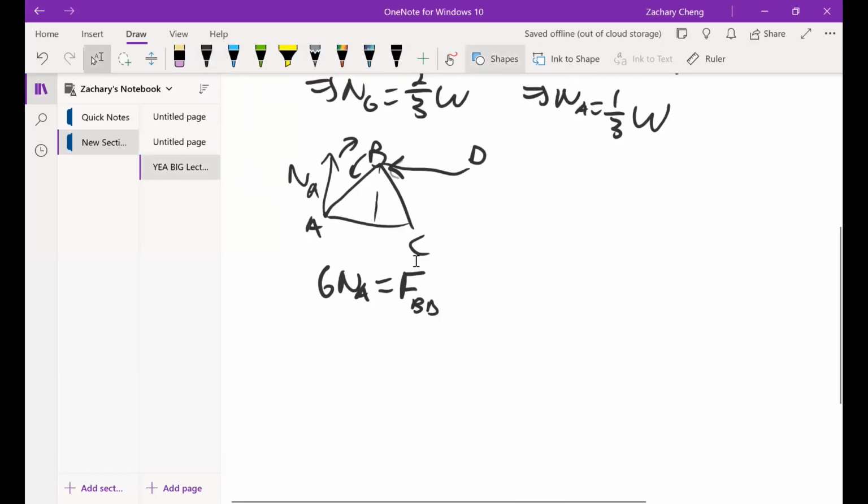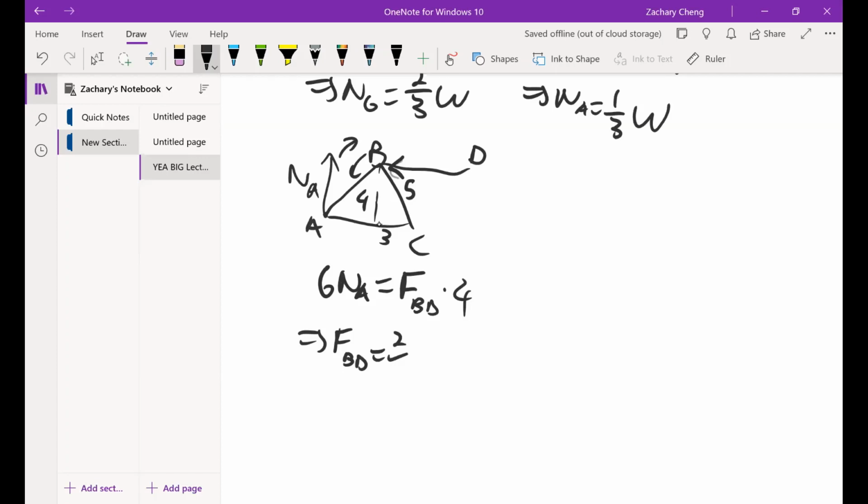And this is pretty standard stuff. So this is obviously from Pythagorean theorem. This is a 3, 4, 5 triangle. So this is 4. And then we just get that FBD is equal to 2/3 NA. And since we found that NA is equal to 1/3 W,